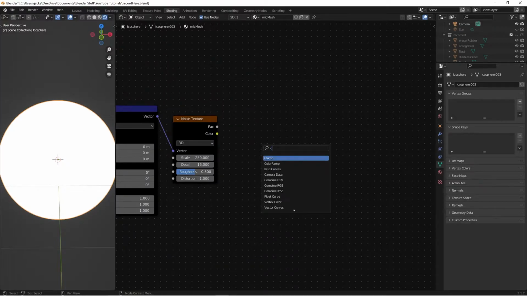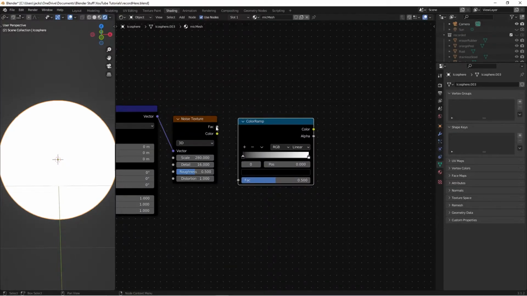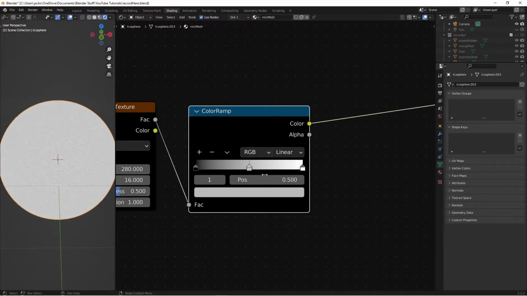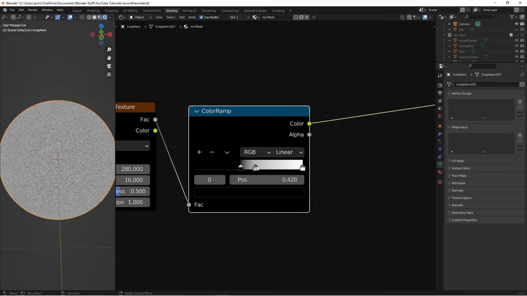So now we'll hit Shift A, search for our color ramp, plug the factor of the noise texture into the color ramp, and Control Shift left click to preview the color ramp. Next, we'll hit this plus sign to add a third node. Then we're going to take this black right here, and we're going to move it to a 0.42, like so, something about there. Then we're going to take this middle node, and we're going to position it at a 0.71,